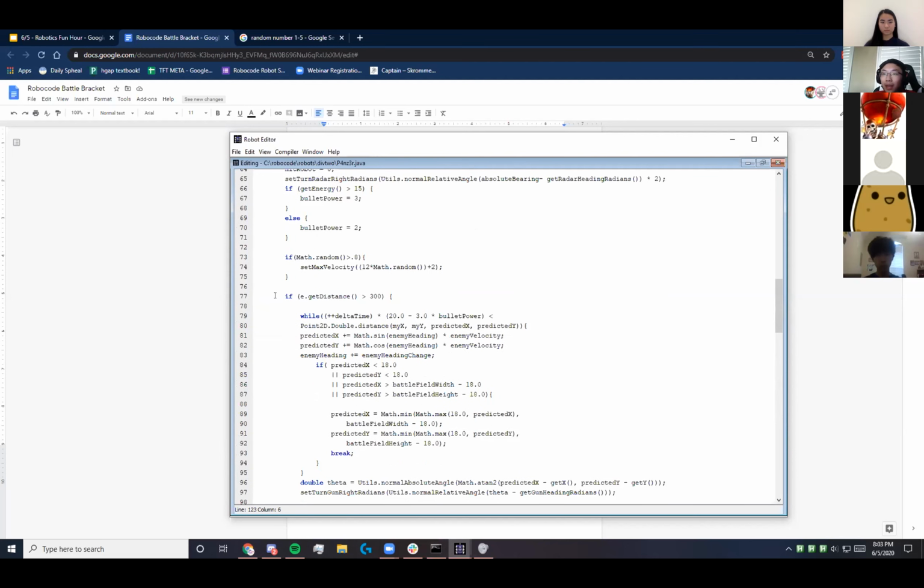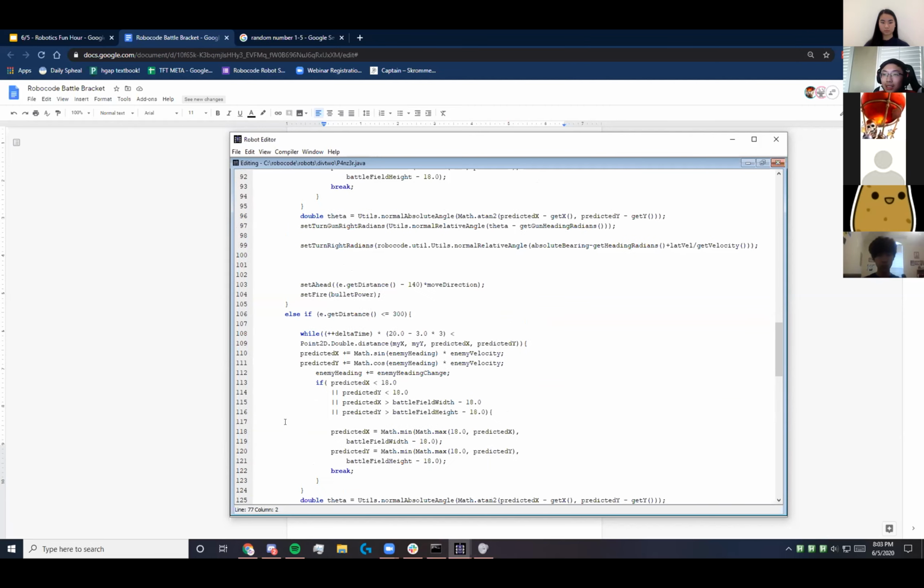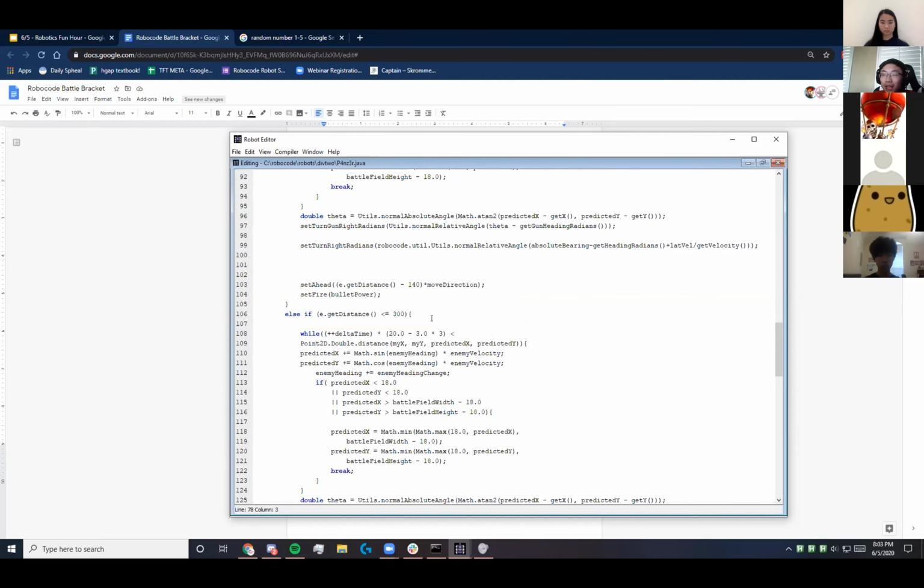He actually has different behaviors. If you see these if statements and else if, he has different behaviors depending on how far the enemy robot is from his robot, because obviously if they're farther away, then the bullet has to travel longer, so it's harder to predict. And you can actually see that